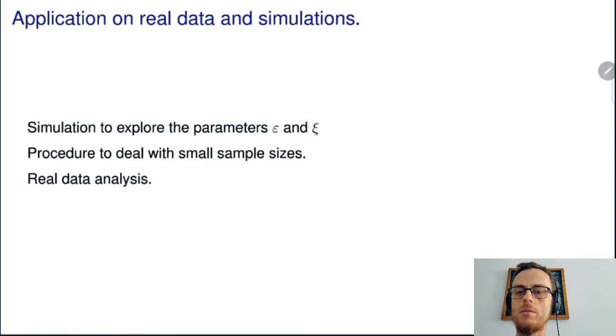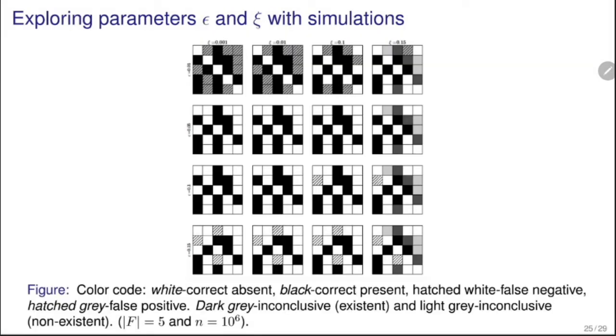First, we will show some simulation to explore the parameters epsilon and psi, and then we will discuss briefly a procedure to deal with small sample sizes, and then we will conclude this lecture by showing some results of real data analysis. Okay? In this picture, we have several 5x5 matrices corresponding to the interaction graphs obtained by applying the